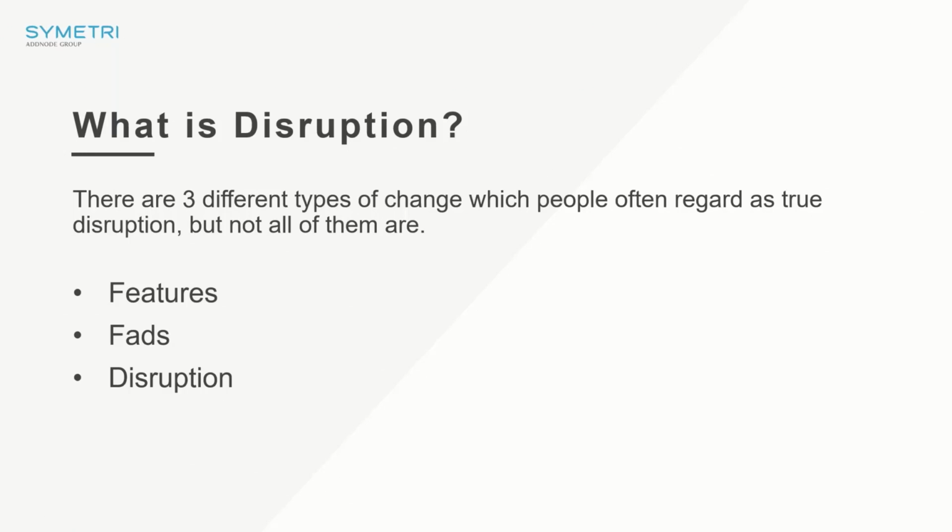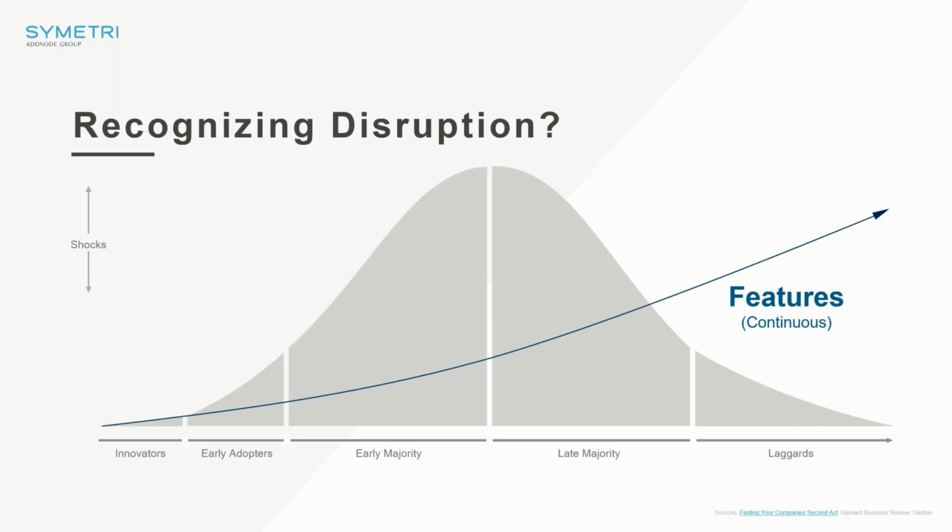Let's talk about what they are. If I talk about features, a feature is something that is added and evolves to your tool stack every year. It's consistent, it's cumulative, it grows over time. This could be something like the software that we use as an example, or the operating system on your smartphone. You just expect it to update and improve over time. There's nothing that happens that's so revolutionary that you have to make a big change with those updates. They're very important, but I wouldn't say they drive true disruption. So we need to understand that something could be a feature.